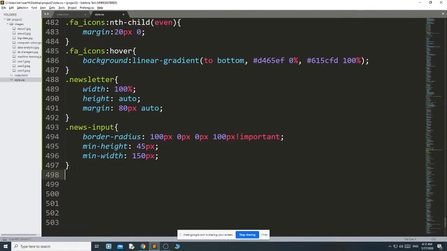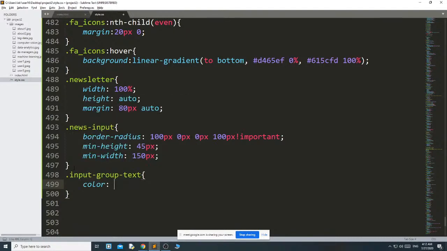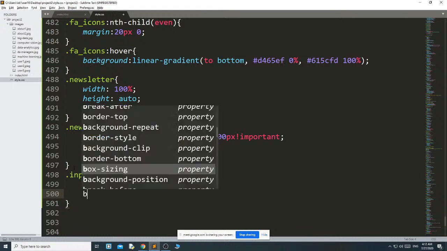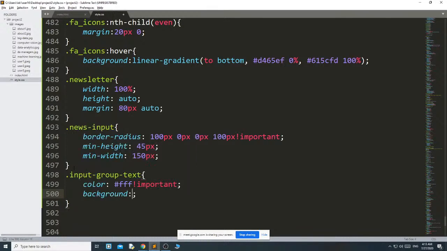Then we want to make this one also rounded. That is dot input group text: color white, then background color 5BC0DE !important.